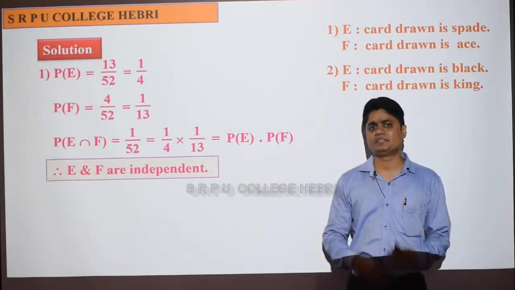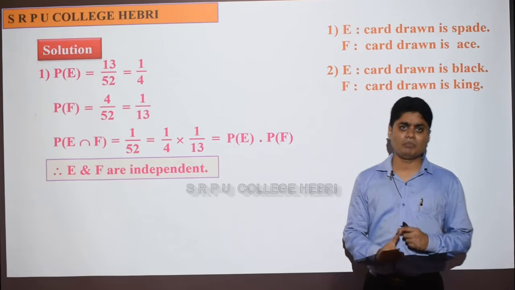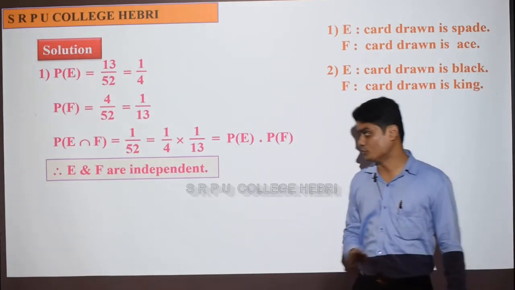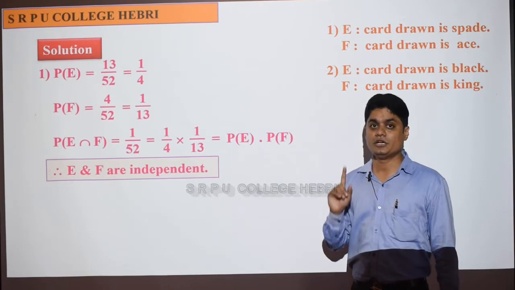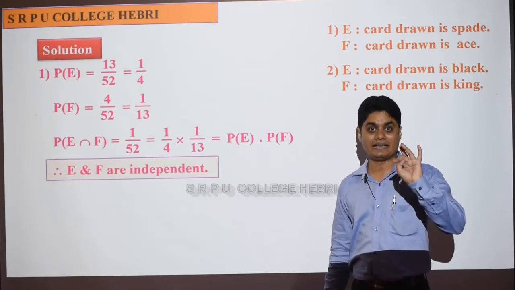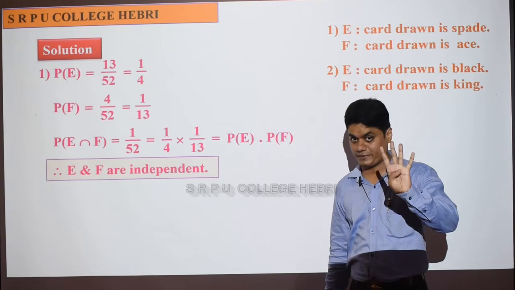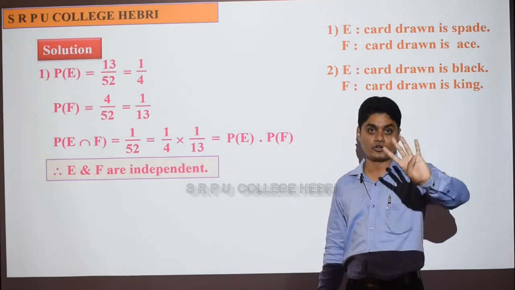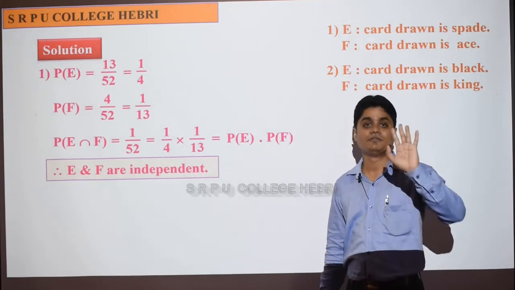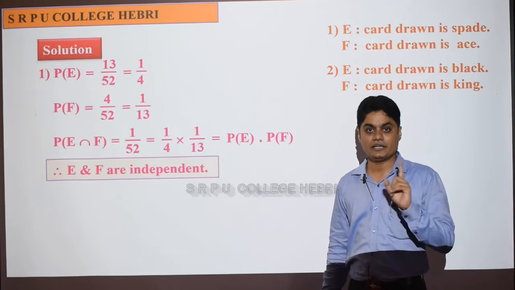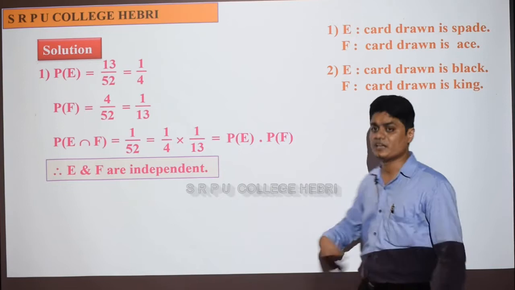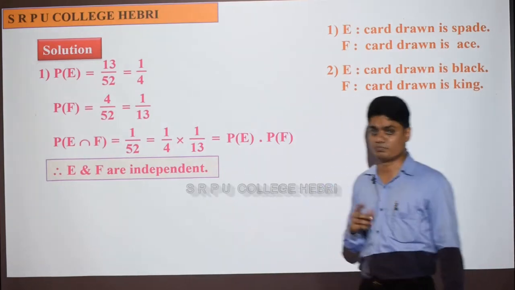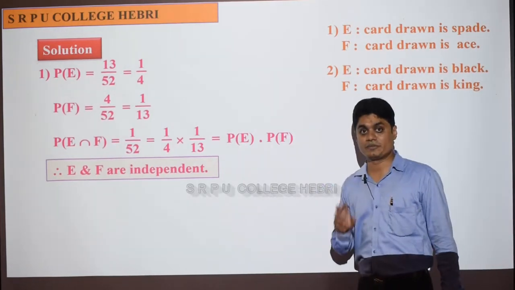Same process will be there for the next 2 problems. One more problem I will solve. Third one is for homework. Understood? So here knowing about playing cards is very important. So spade, heart, diamond, flower, right? There are 4 different suits, 4 aces, 4 kings, 4 queens, 4 jacks. Which are the number cards? 2 to 10. So all this information is needed. Not for this particular problem, but for the next coming problems it will be needed. So please remember the information about the playing cards.